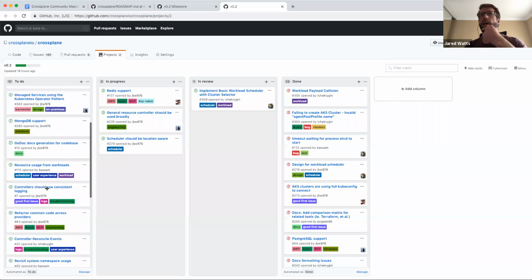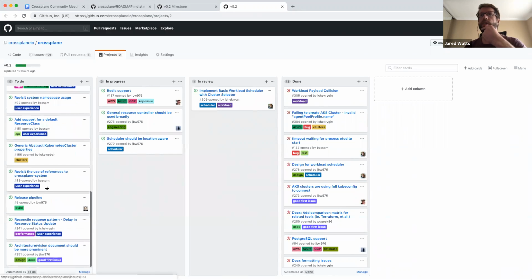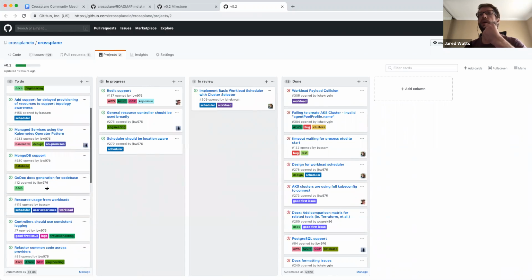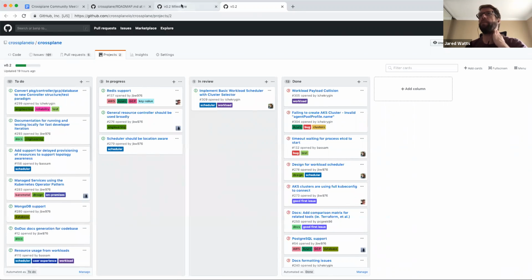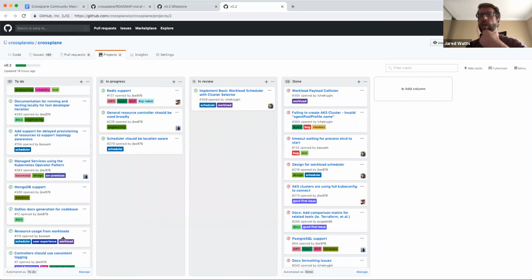And then in the to-do column, we have a fair chunk of issues that are remaining and not picked up by anyone yet, that are missing assignees. And that's the same issues that are on the 0.2 milestone that we were just looking at. So this board is, I believe, an up-to-date, accurate reflection of the issues in the 0.2 milestone. And anybody from the community that wants to pick up any of these issues, they're all fair game if they don't have an assignee on them, and we're more than happy to help get anyone that wants to contribute on these issues ramped up and productive on all of them.